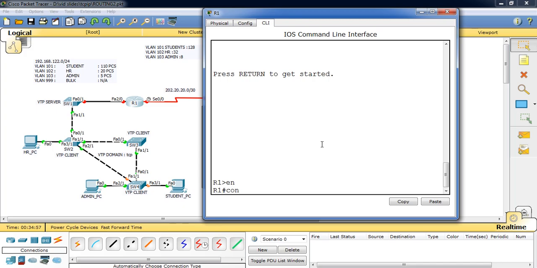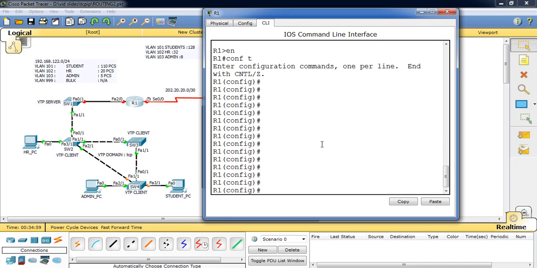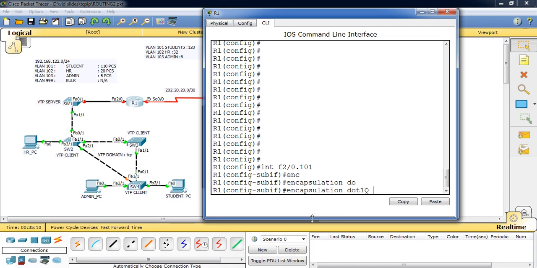Let's go to the global configuration mode, and we are going to start with the first interface. So interface FastEthernet 2/0, because this is 2/0.101. This is for the students. I'm going to use encapsulation dot1Q 101,